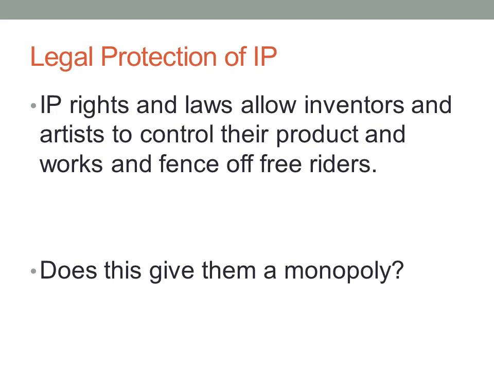And an owner of a copyrighted photograph of a sunset has the exclusive rights to reproduce and display that photo. That's where they're protected. That's their monopoly of that protected product itself. What it doesn't exclude is similar products from competing in the same market, if they do not infringe on the IP rights. Like, you couldn't steal the drug patent, but you can develop your own drug that treats that same disease. You can create your own photograph of a sunset. So others are free to make drugs to treat the disease or to create photos of the same sunset.